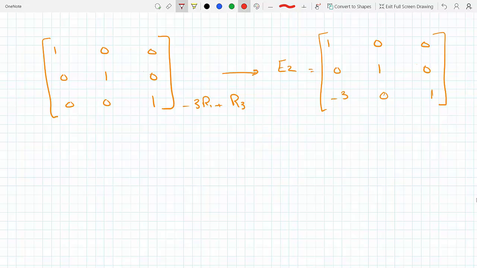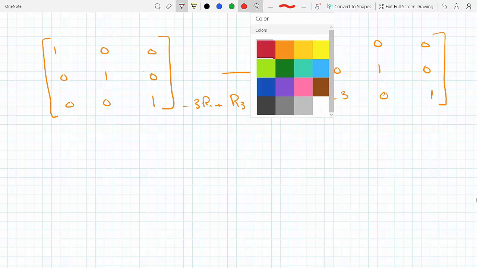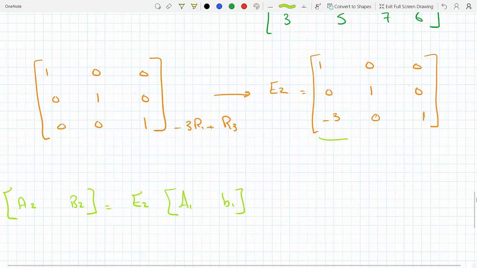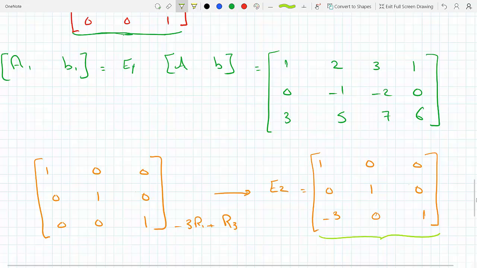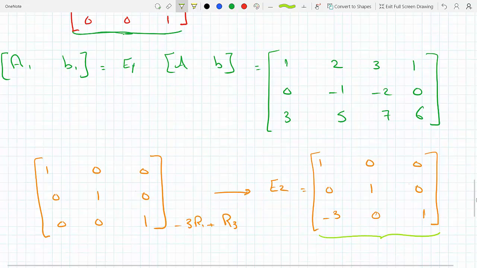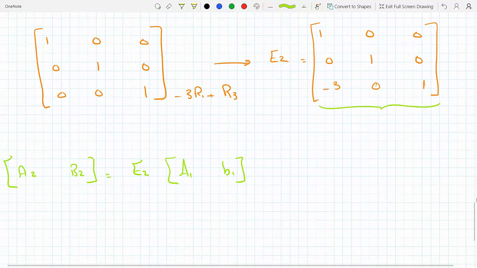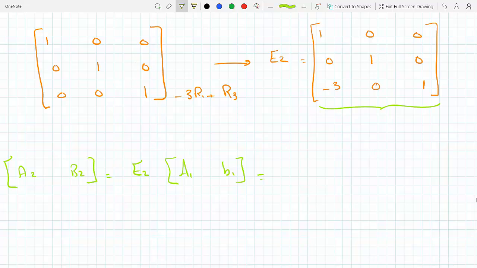So now my A2 B2 will be E2 times A1 B1, meaning I will multiply this first, times A1 B1, which I got here. And I already did this on Mathematica, and the answer is